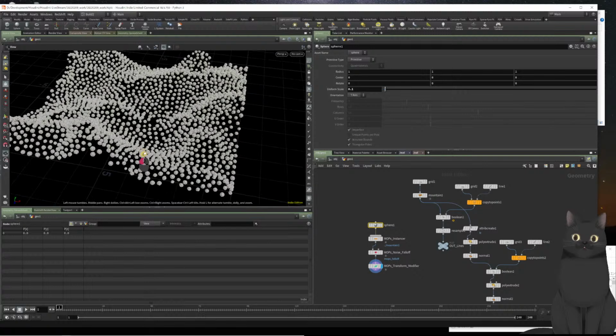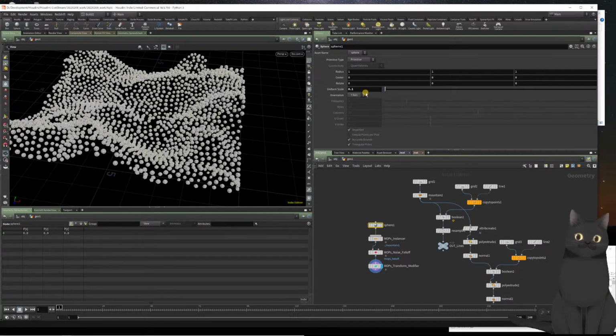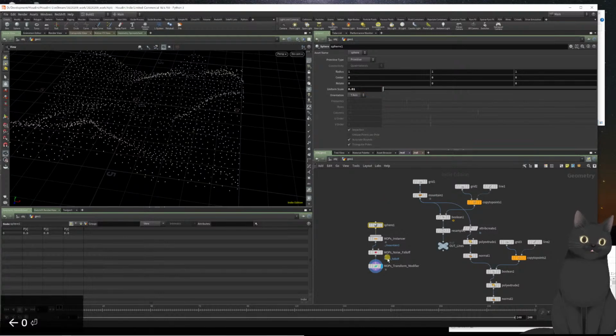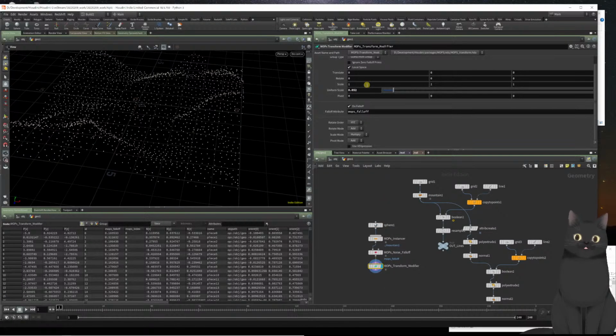So again, uniform sphere scale on the sphere that we're feeding in, 0.01, and in the transform modifier, let's set the scale to 0.05. So I just created a bunch of instances of our sphere, slightly different in size, so